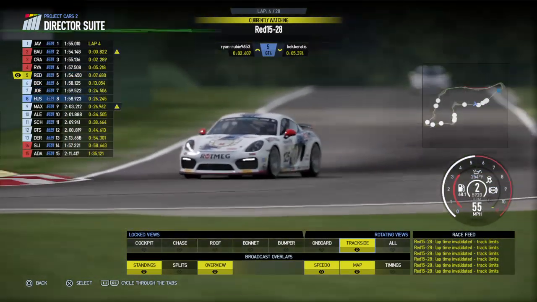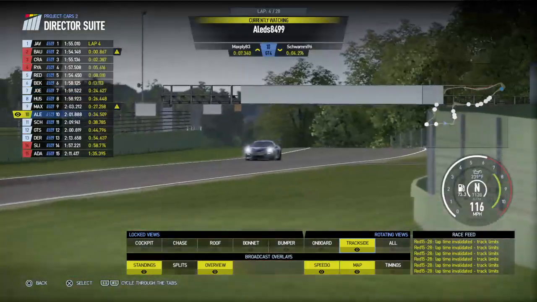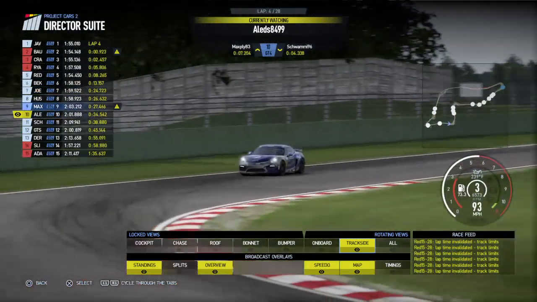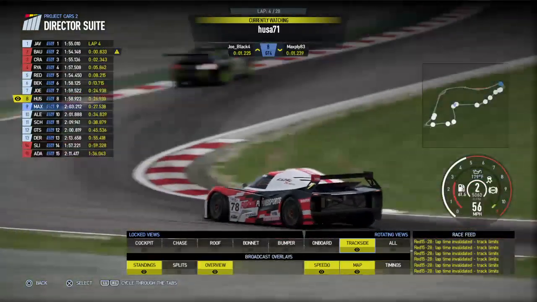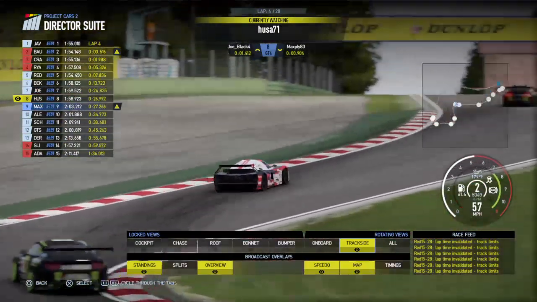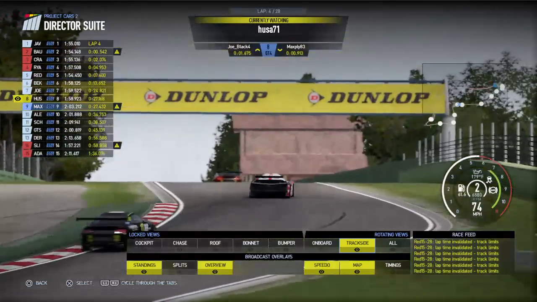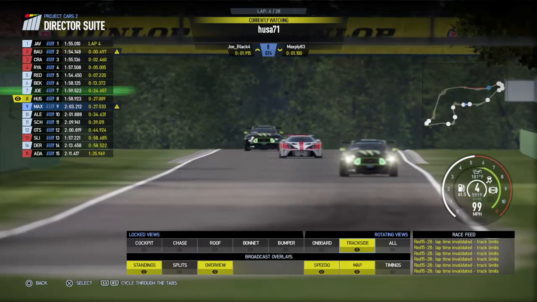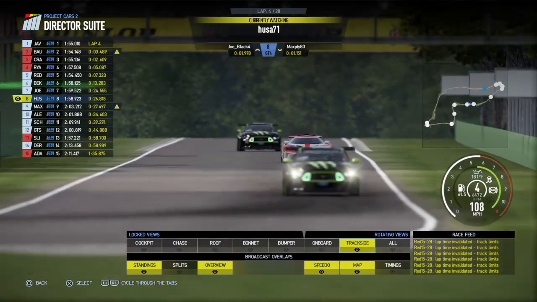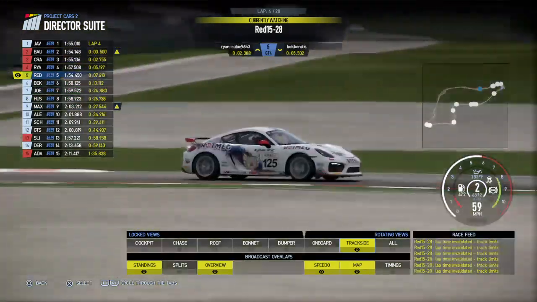Red has managed to break away from Beckeratis, actually, and Alex has found himself even farther down away from this trio of Joe, Husa, and Max Bleep. Husa just always seems to find himself in the middle of a Mustang fest, I guess. I don't know, maybe that's just what he likes. But either way,